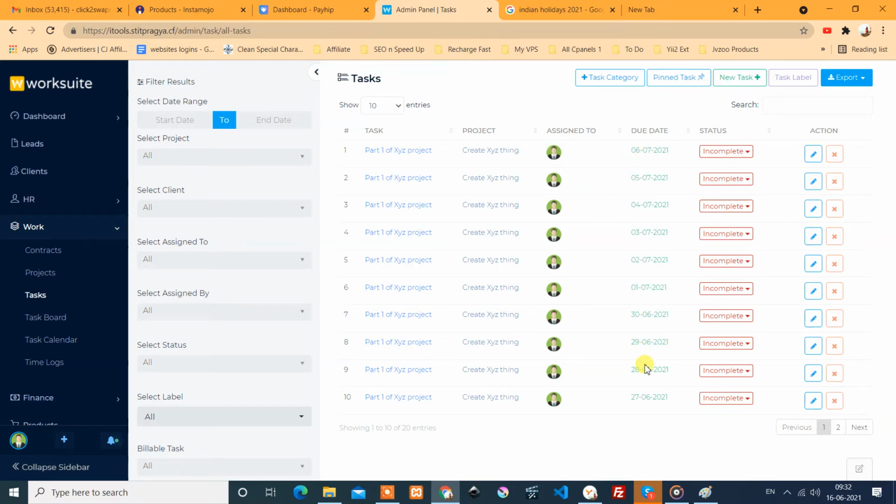I think we have to sort it. Yes, now it is. So I have assigned a 1 day difference. The task for day 16 will be completed, or the due date for day 16 is 17. For tomorrow, the 17th, it will be the 18th. This is how it is calculated.